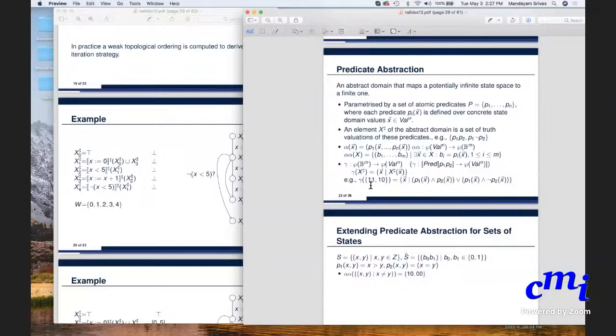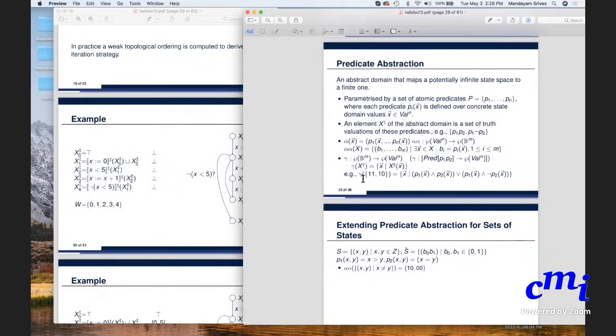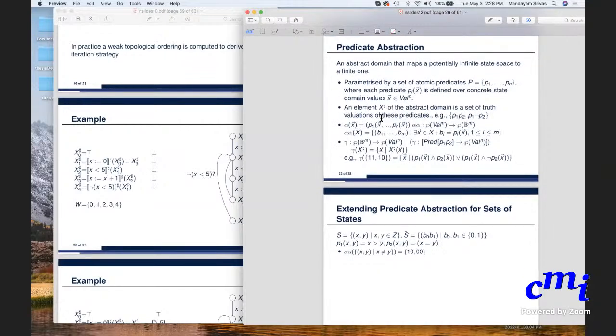So, for example, gamma of the abstract set of states 1, 1, 1, 0, assuming there are two predicates that it is based on, is really the set of all concrete values for which this formula P1 and P2, or P1 and not P2, holds, which is what these two things correspond to. So that's how you view it. Since we are picking the largest among those things, when viewed this way, alpha gamma, this predicate abstraction also forms a Galois